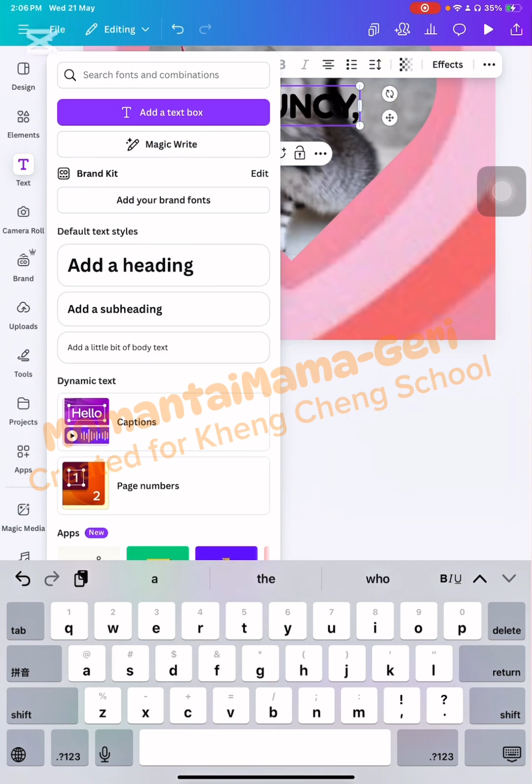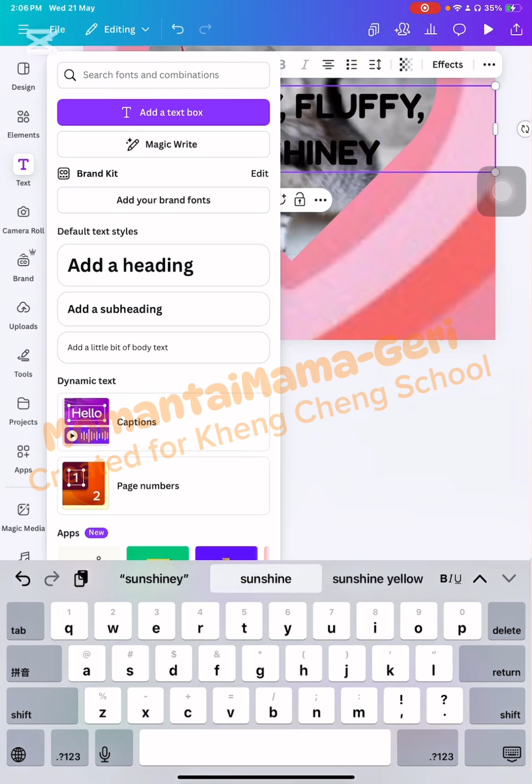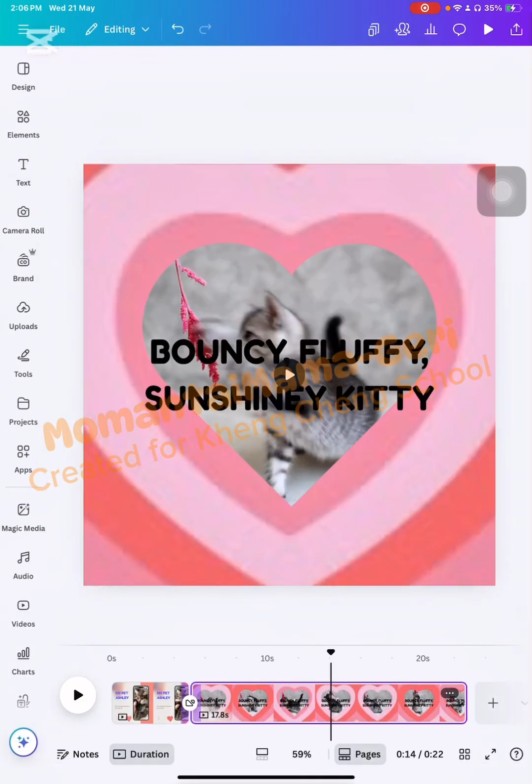Bouncy, fluffy, sunshine, kitty. Mm, okay,